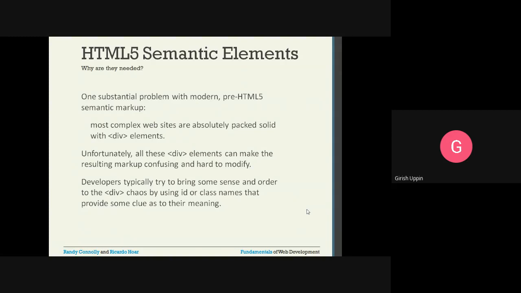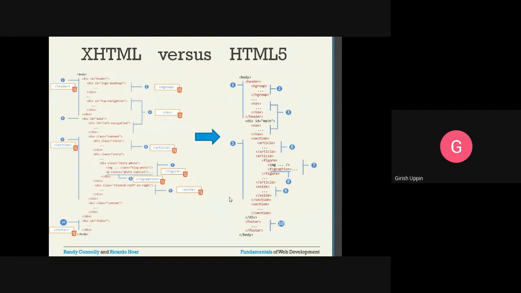So one way the confusion can be reduced is using the ID. We can give an ID name or class name for each division. By giving those IDs, it is easily understandable why you have that particular division. That is how developers are able to reduce some complexity of understanding.